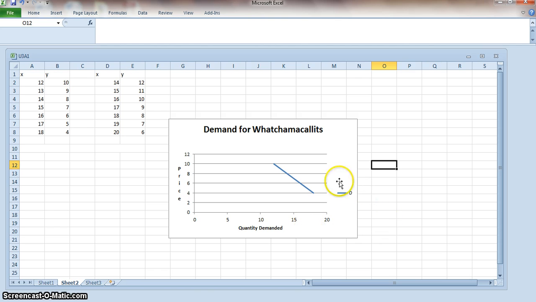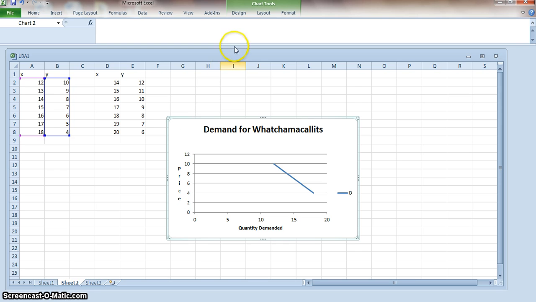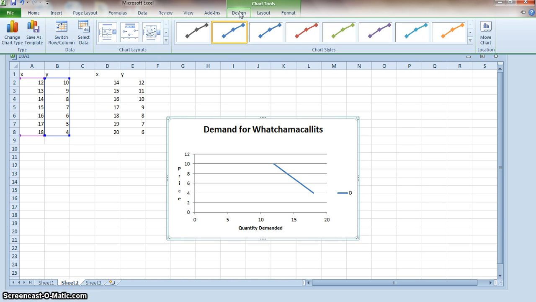So here we are. We've got what we did the first time. I've got my information for scenario 2 put in, and I simply want to go back in and put in a new series. So in order to do that, I have to make sure I'm clicked on the chart. And once I click on the chart, then my chart tools become available to me. So I click on Design and Select Data,